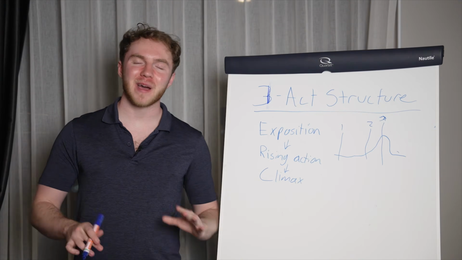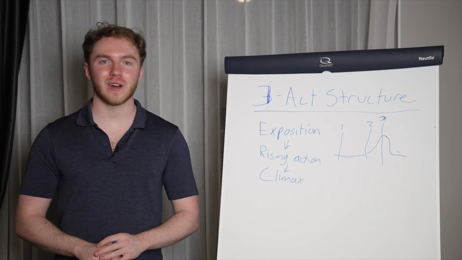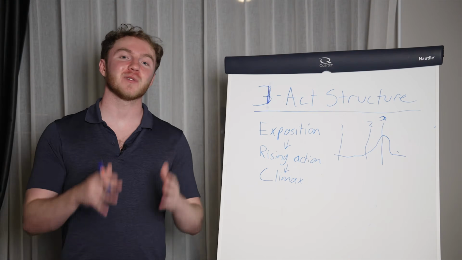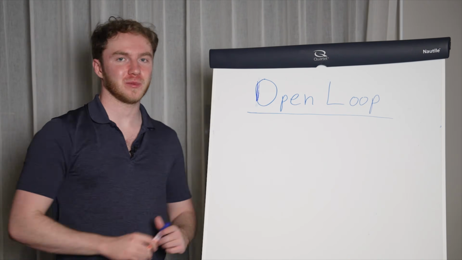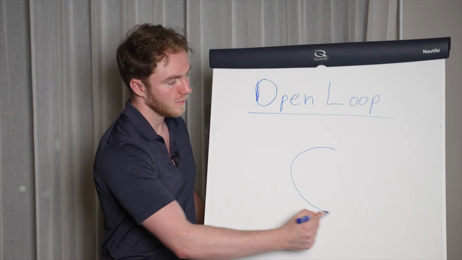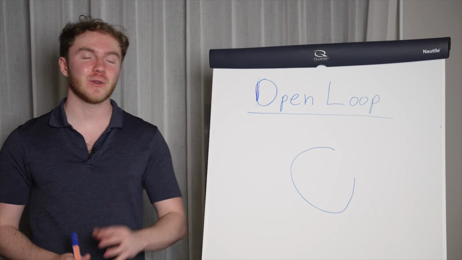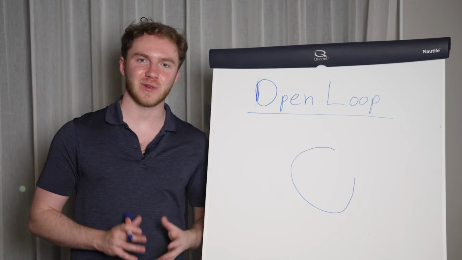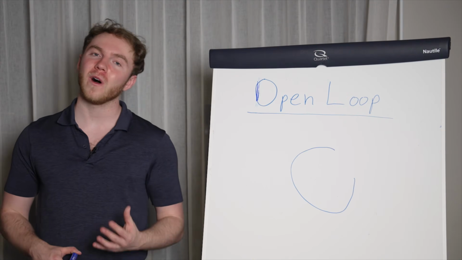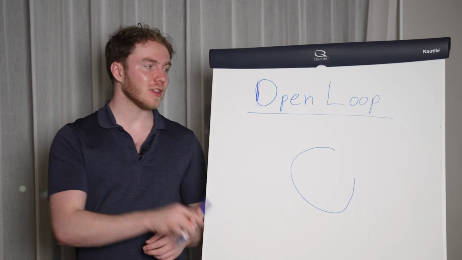But all of this does not matter at all if viewers are slowly clicking off of your videos. You need to re-engage them with something called an open loop. An open loop is very simple. All it is, is opening a question in your viewer's mind and not immediately answering it. This works psychologically because people want their questions answered. They want to close that loop.